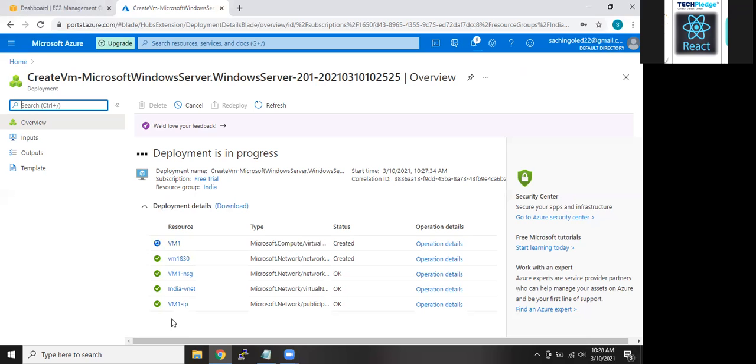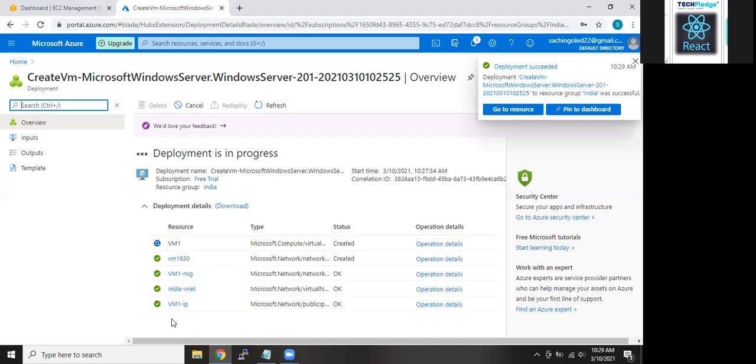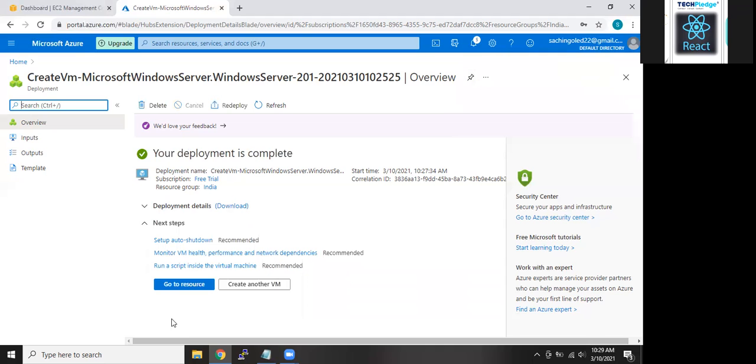Azure has a more graphical way, right? Okay.